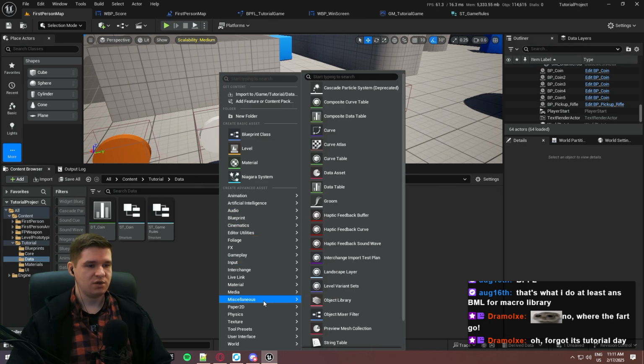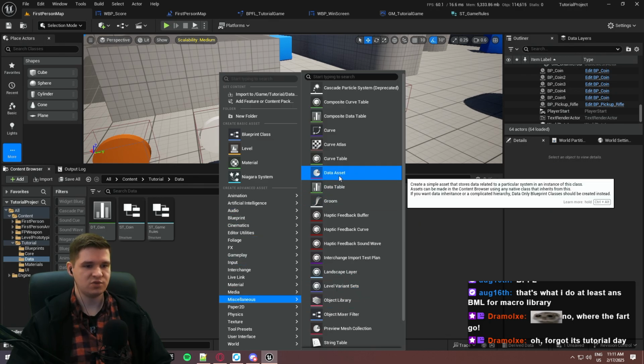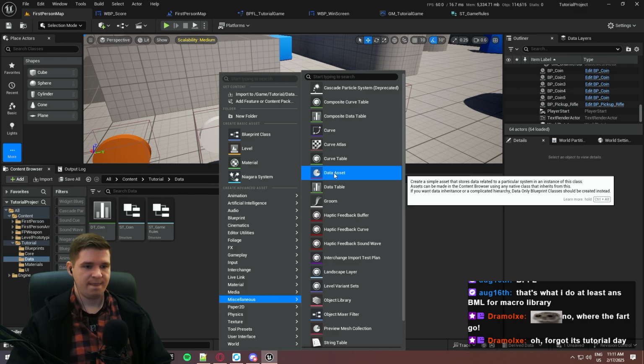And we'll make a new data table, or we can even use a data asset. Here's the difference. A data asset is like having one row of a spreadsheet. So if you know that you're only going to have one row, it's very good. The problem with data assets is that they cannot be imported or exported. So I still prefer to use data tables even with one row because I can handle the balance of that in a spreadsheet. But just know that in this case, you could use a data asset, you could use a